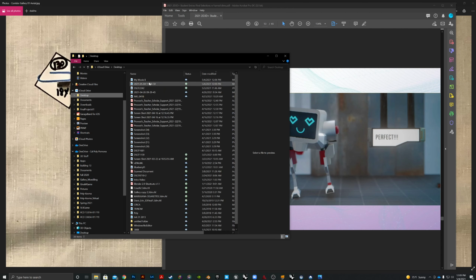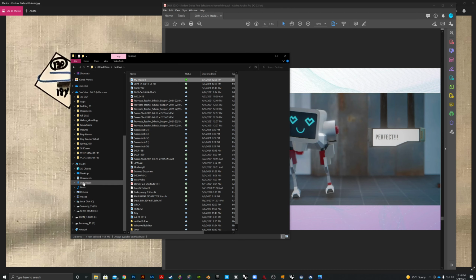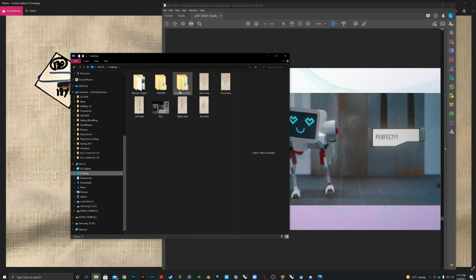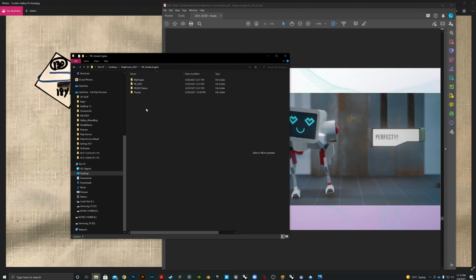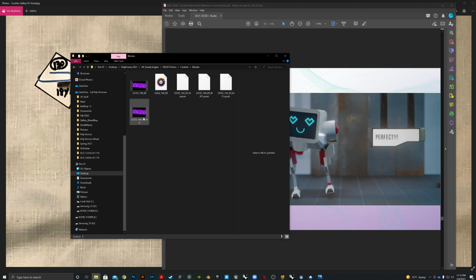On my desktop here, I've got this file, which I'm going to go ahead and download. And then I'm going to go to the folder where my design is for Unreal Engine. So I'm going to go to my Unreal Engine folder, which is right here, Polychroma, PK Unreal Engine. And then under here, I have the content folder. You've got to go into this folder, create a new folder, and title it Movies. And then in that folder, you're going to place your